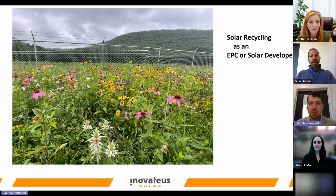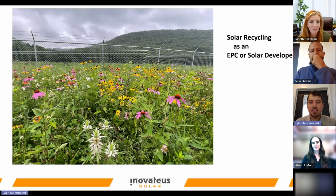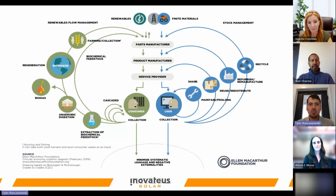So I work with Innovative Solar as the Vice President of Sustainability. I've been in that role since about 2019, and since then we've kicked off a lot of sustainability initiatives and reporting and keeping track of metrics. This is one of our sites in New York. You guys have probably seen a lot of pictures about the pollinator habitat happening or agrivoltaics. So Innovative Solar has jumped on that, and it's been fun to see the biodiversity at some of the solar sites. So I'm going to talk a little bit about the importance of circularity in solar, and this picture here